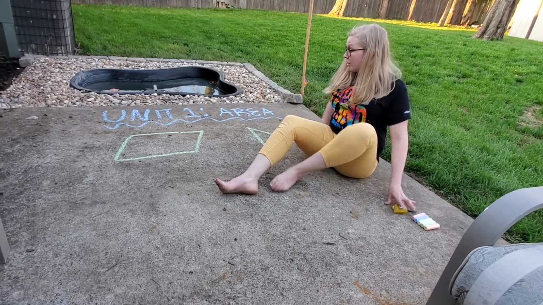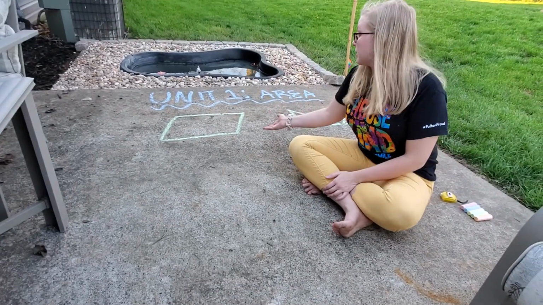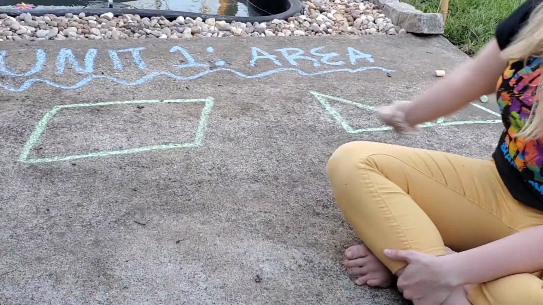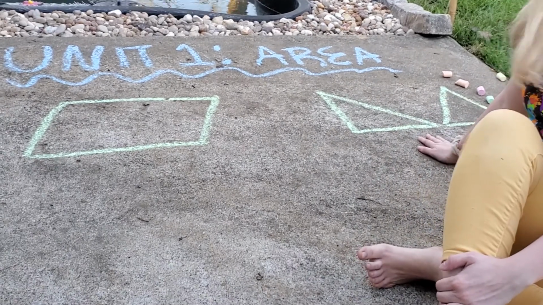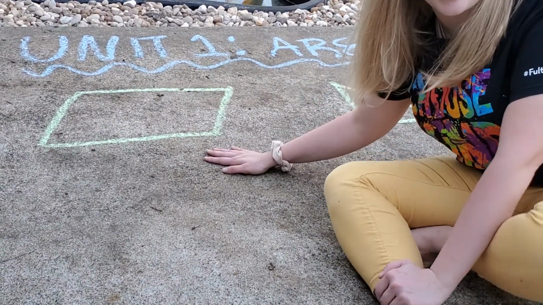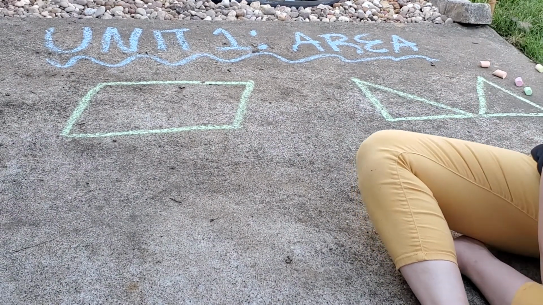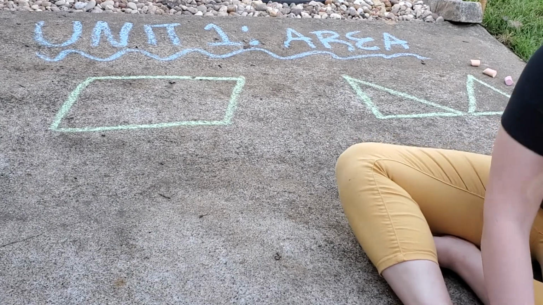And then you are going to need to draw at least 2 shapes. You can see here I drew a normal parallelogram and 2 different triangles, and we're going to go over how to find the area of both of these. So first,